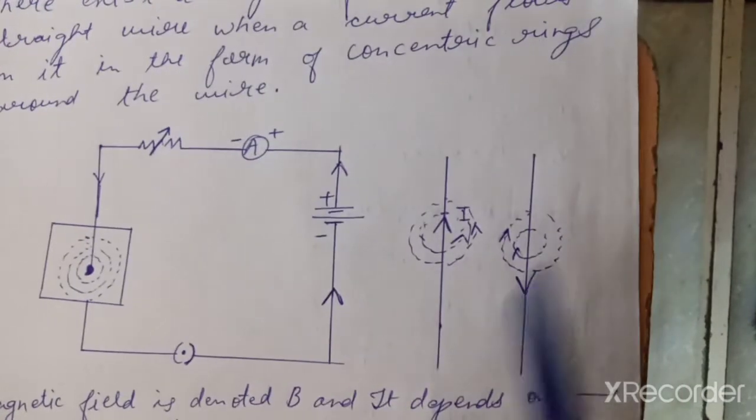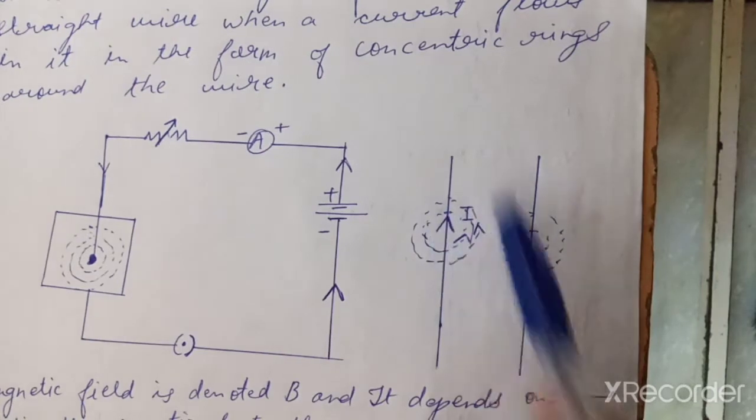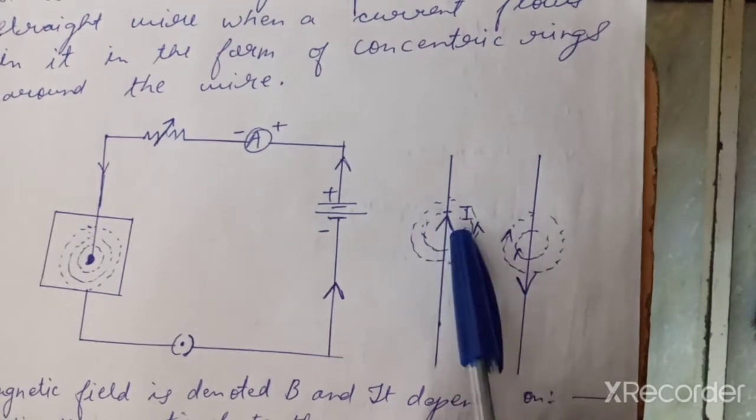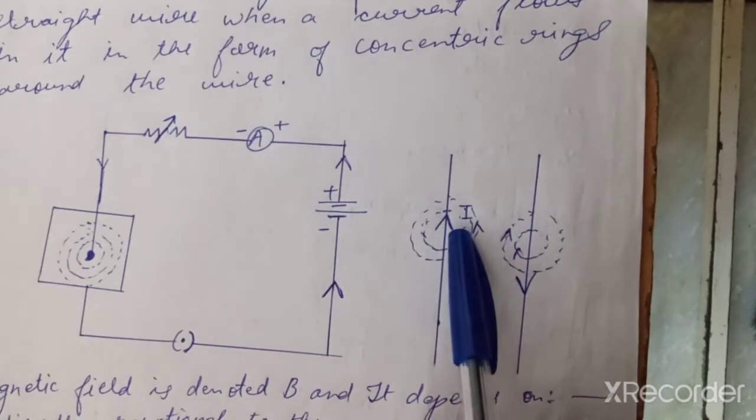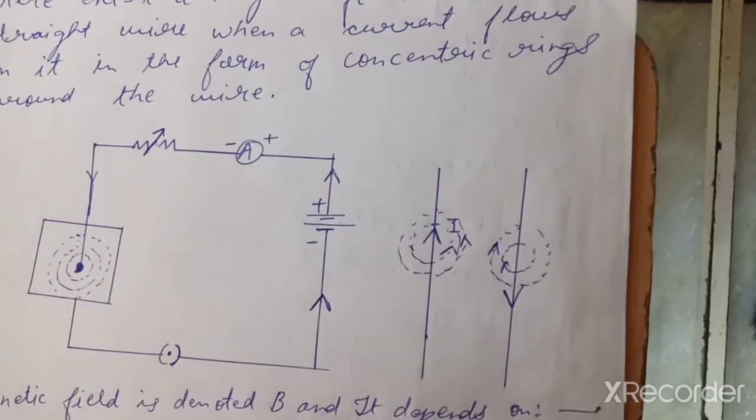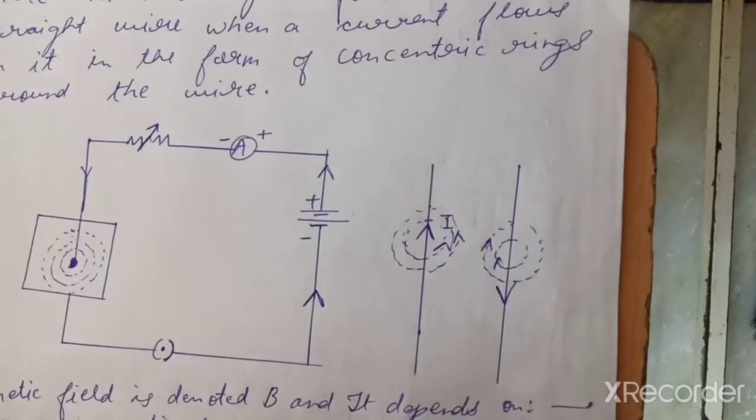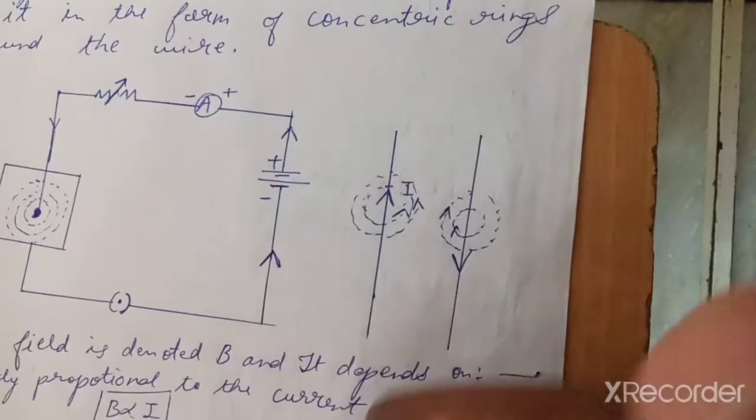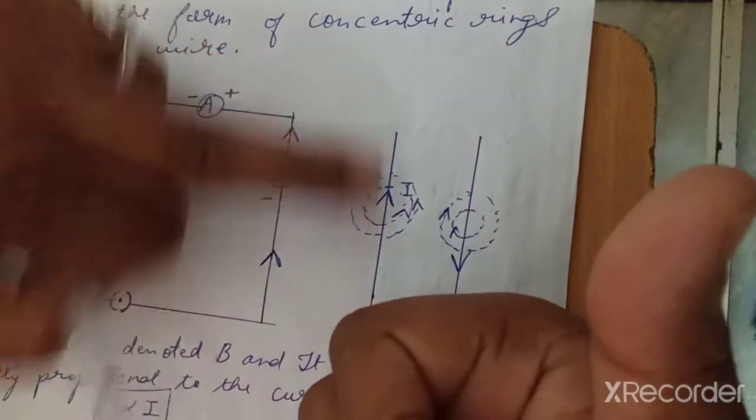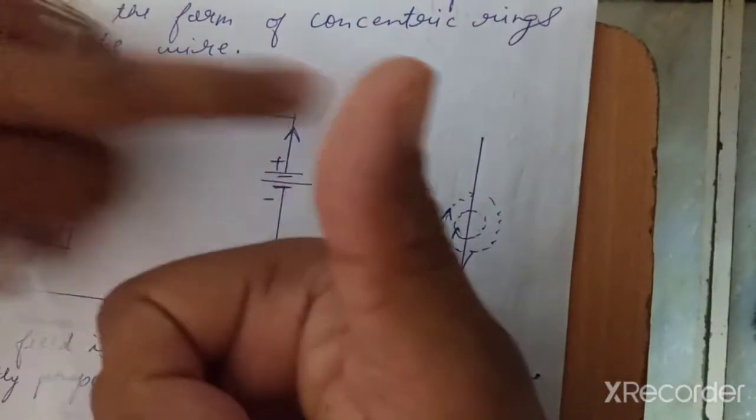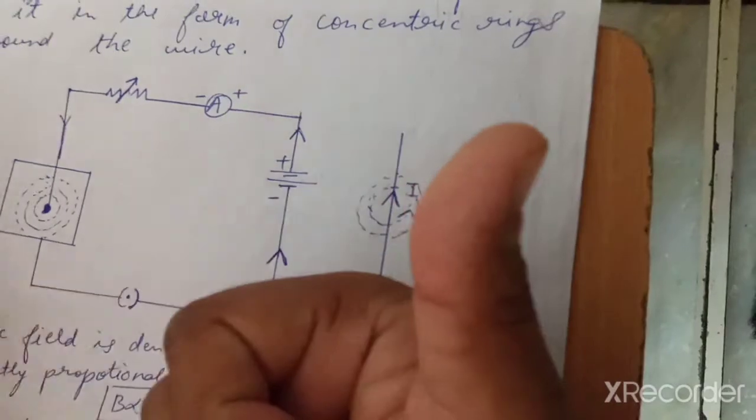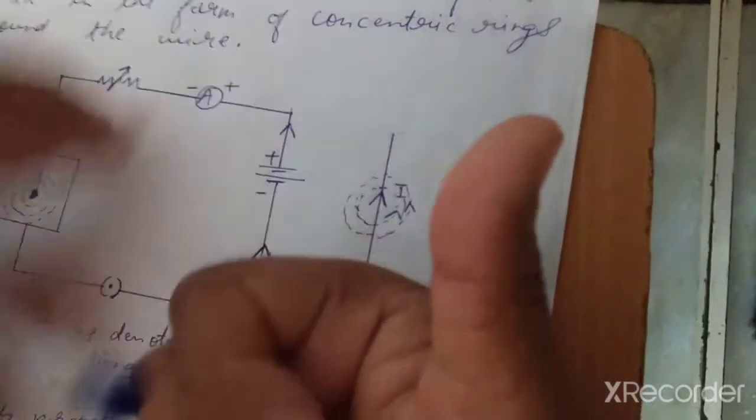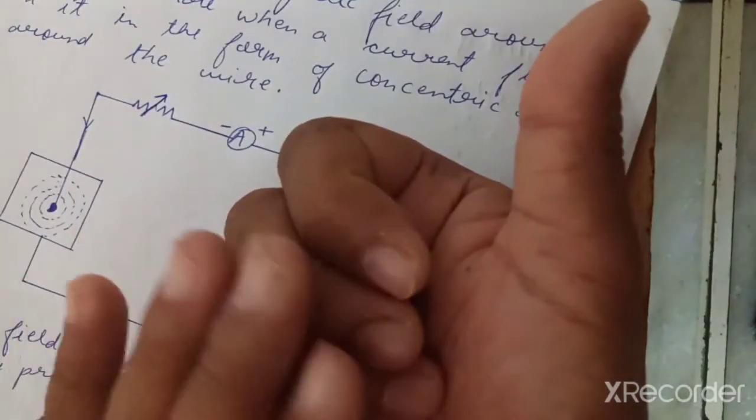So here, this is the conductor and the current is flowing in this direction. Then we can find out the magnetic field with the help of a rule called the right hand thumb rule. Since the direction of current is in this direction, we hold the wire so that the thumb points in the direction of the current, then the curled fingers show the direction